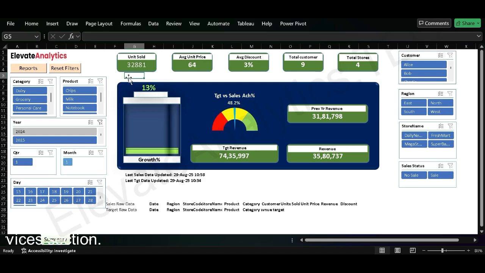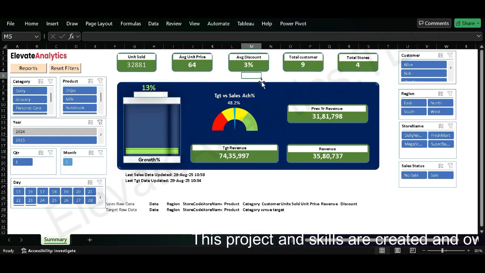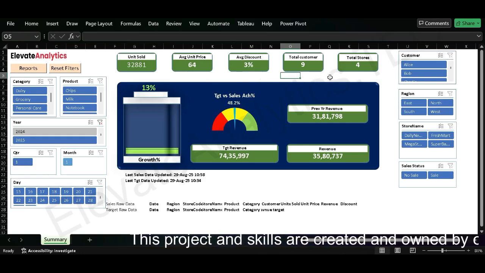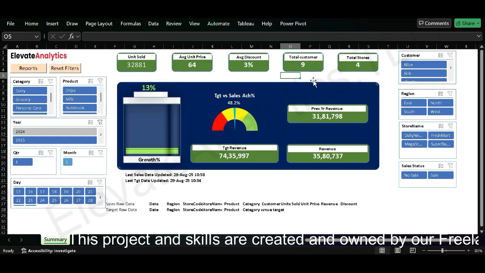You can see January MTD sales is appearing as 32,881 units, where the average price per unit is 64 rupees. Given the weighted discount of 3% at an overall level,